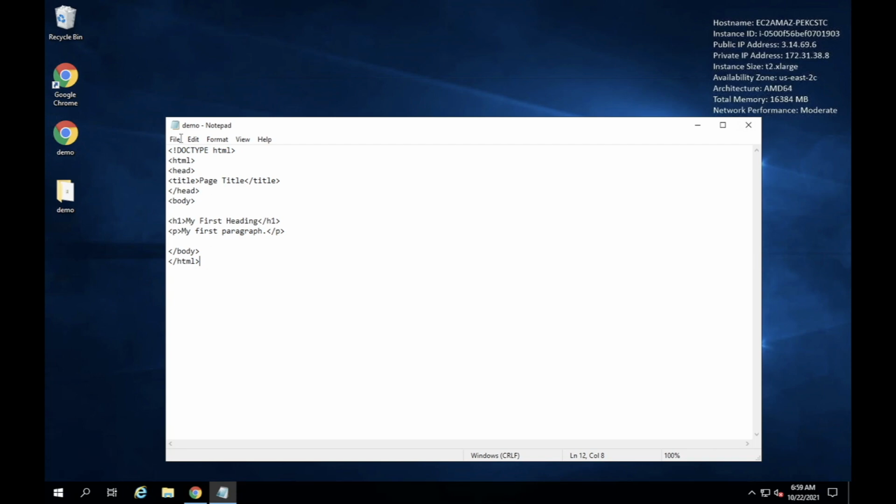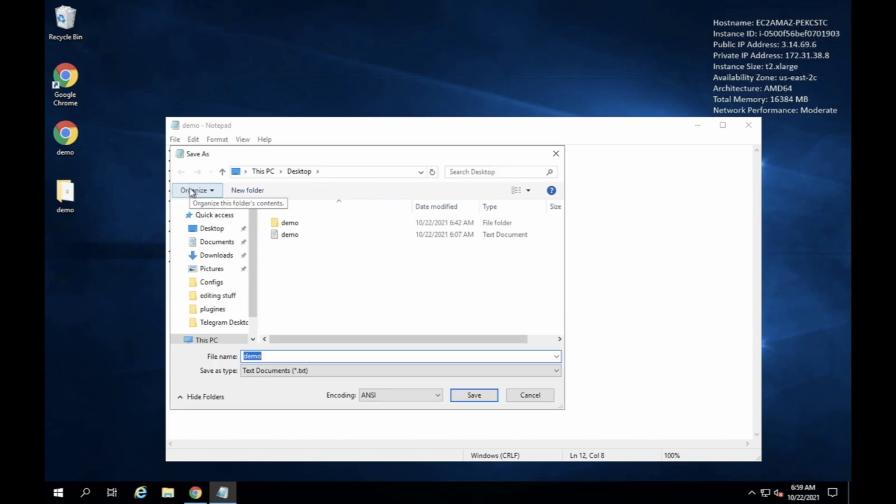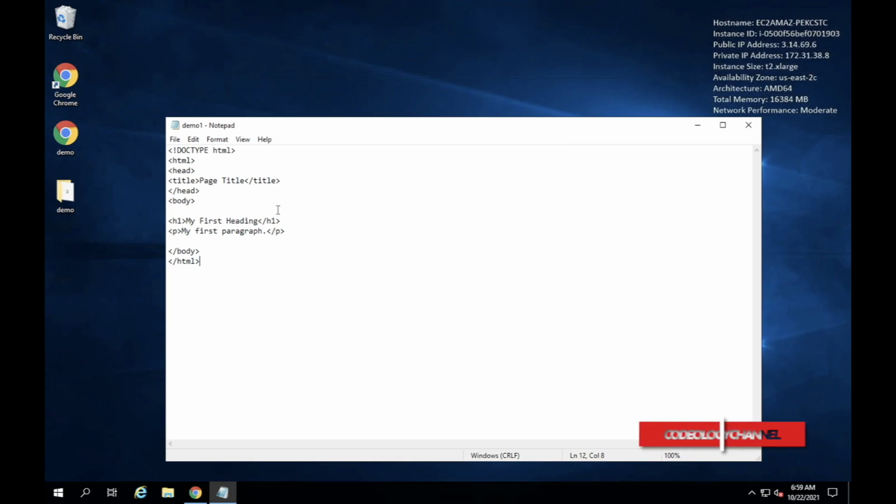Okay. So now I will click this file button and click on save as. And I can write something called demo1.html. Okay, then just click on the save button. Wait a second, one page is created now. Just close this one.